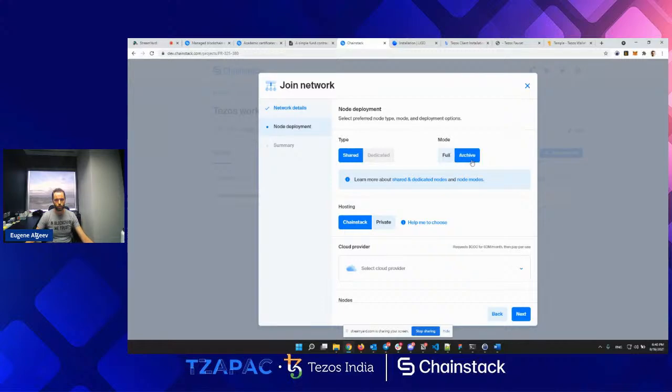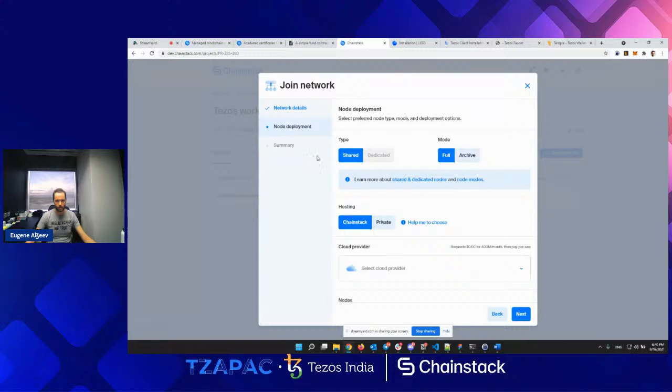What's also cool, you will be able to use archive nodes as well as full nodes. So basically, you will be able to get the history of the blockchain in one easy click, just by getting access to the archive node. So let's say today we deploy a shared full node just to have access to the RPC of the public Tezos mainnet network.